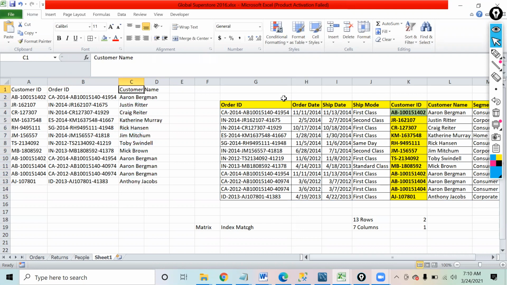But is there a way I can make this dynamic again? Because if I was asked to fetch the ship mode also, and the segment also, that can become a tedious task.